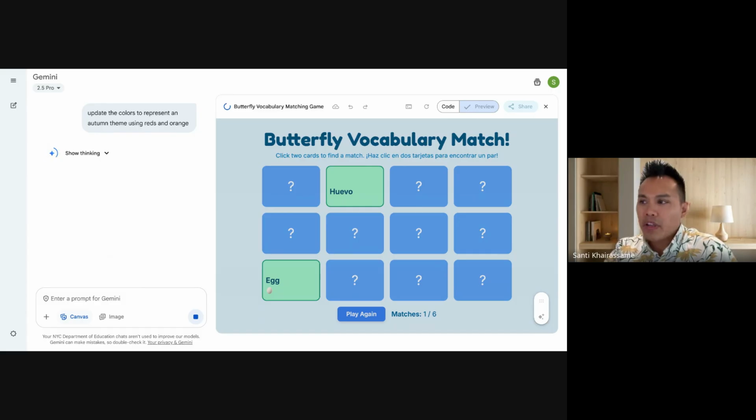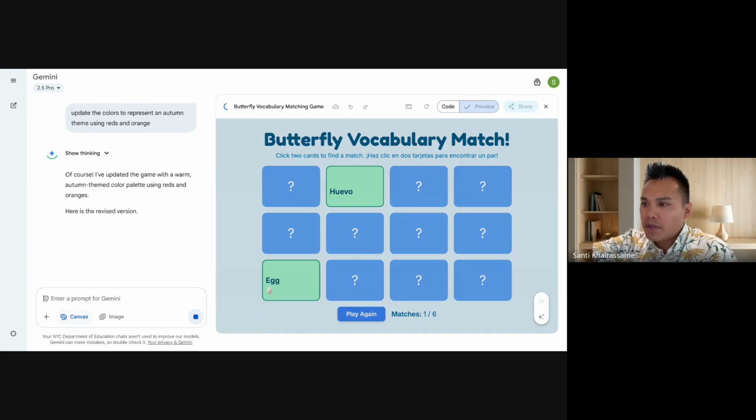How do you share it? At this point, you can just play it within this, but there's a different version. I'll show you a way where you can actually export this interactive game and share it with your students. Man, an hour is never enough for this session. It's revising. Okay, I'll wait for it to revise.